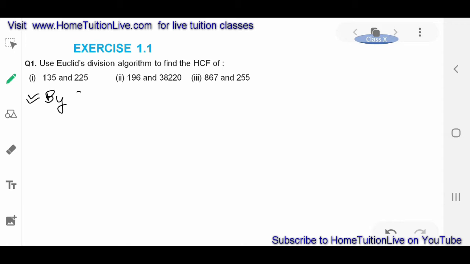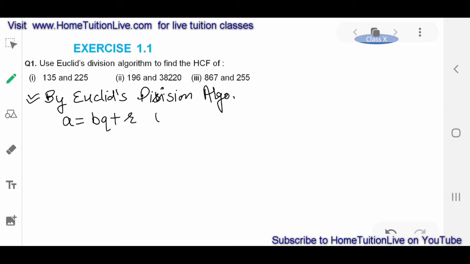By Euclid's division algorithm, A is equal to BQ plus R, where R is less than B and greater than or equal to 0. We have to find the HCF of these numbers with the help of Euclid's division lemma. So our first question is